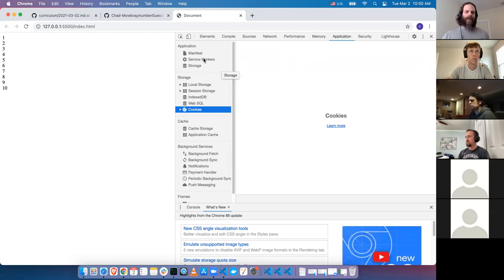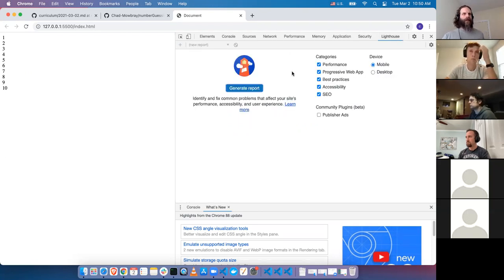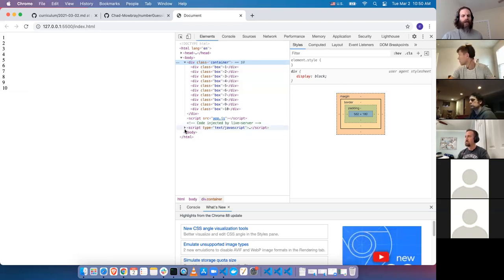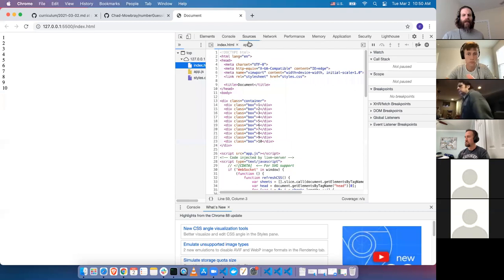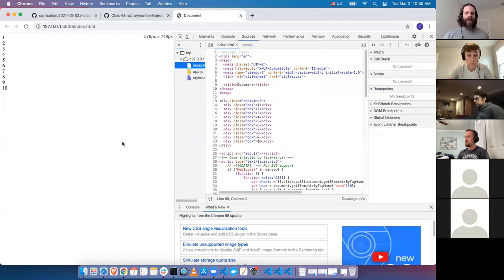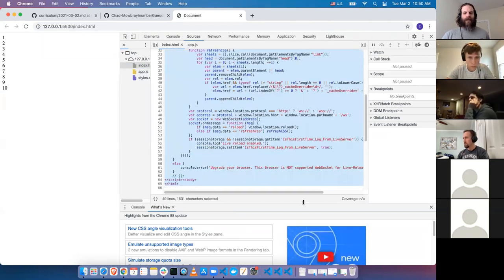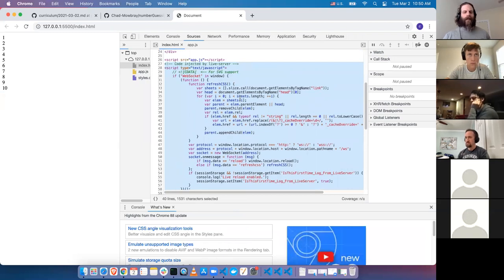And application, this is going to include things like storage. One of the challenges for today involves using local storage. Security, and Lighthouse, which is kind of a reporting tool. It will tell you about your app's efficiency and accessibility and so on. There are other things going on as well, but I think that's a good overview. I just want to point out also, in terms of taking a look around and exploring things, when you use LiveServer, you get some extra code in your HTML, and